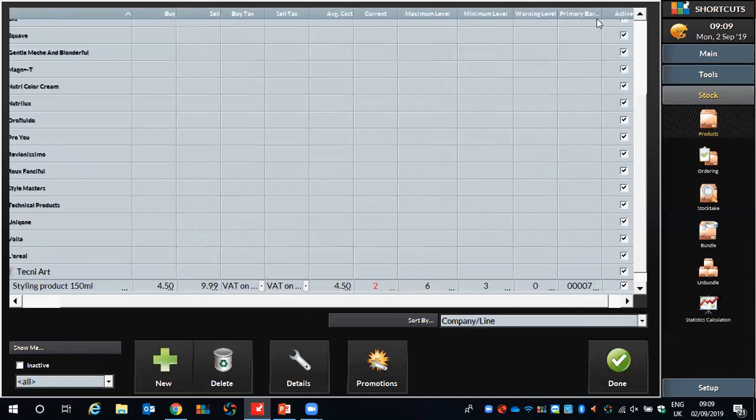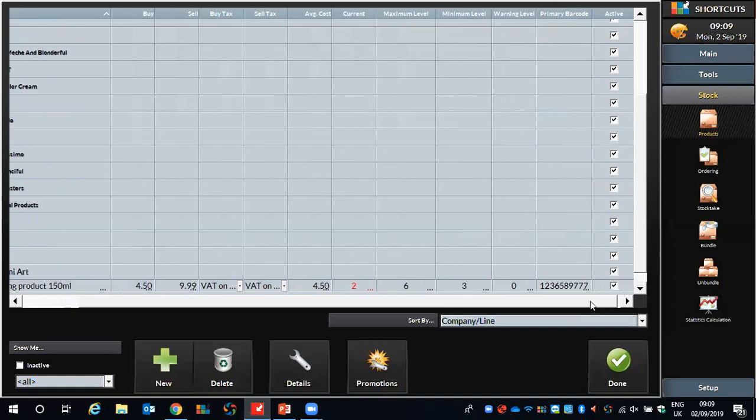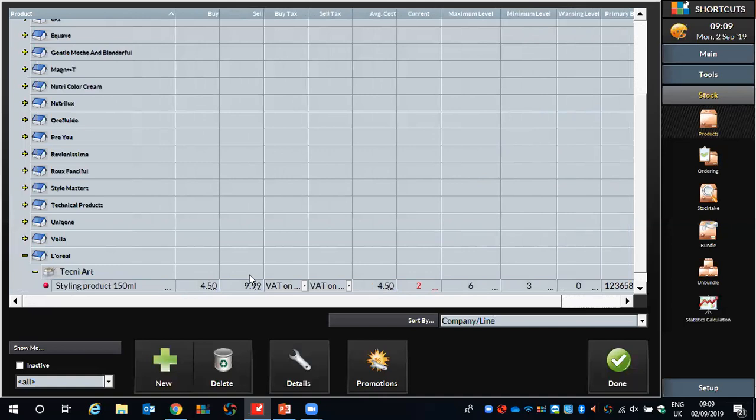And on the right hand side, we have a primary barcode column. So if you are using a barcode scanner, ladies and gents, you can simply click onto this, scan the barcode of the particular product, and it will pop it in there. Of course, if you're not, you can simply type it in, just like that. If any of these products you no longer wish to stock, we always recommend you make the product inactive. And that is how we create a new supplier, a new company, a new line, and of course add in